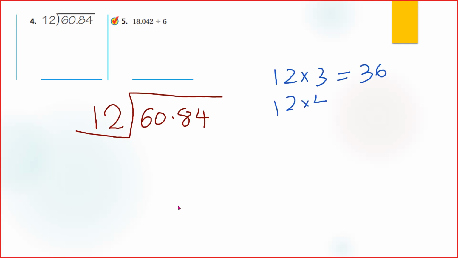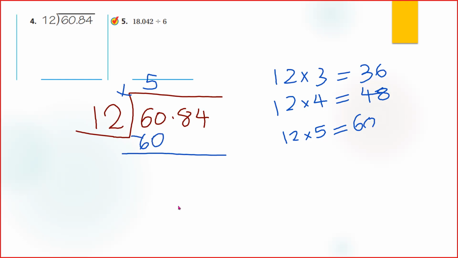Sorry, 12 times 4, 48. 12 times 5, 60. It's 5, exactly. So then 5 times 12, 60. Yeah, then now what do you have to do next? Thank you. We have to put the decimal point up. Then,